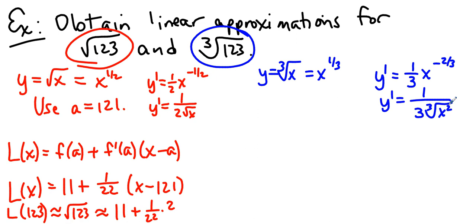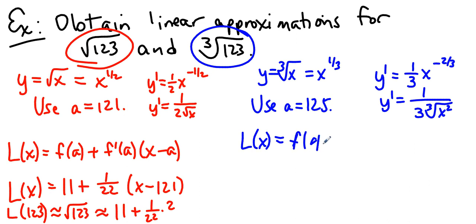So, well, I've got to figure out what a good a value would be. So I've got to think to myself, what's a number whose cube root I know that's pretty close to 123? And that answer is 125. The cube root of 125 is 5. So the linear approximation is f of a